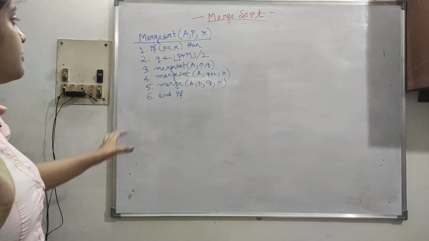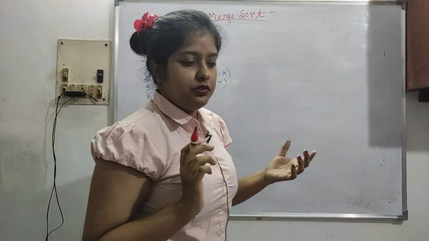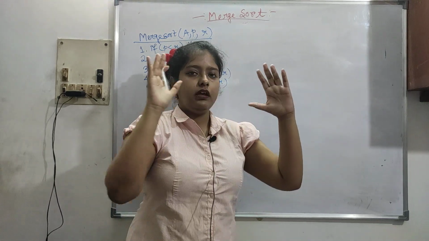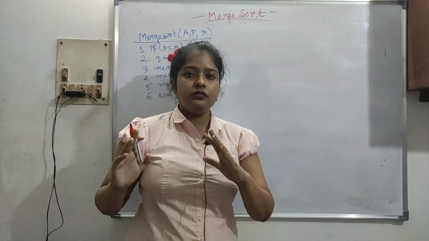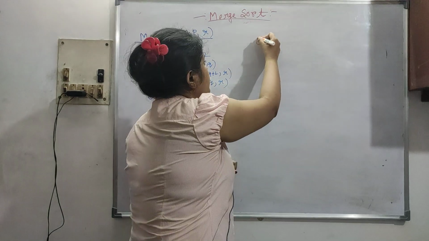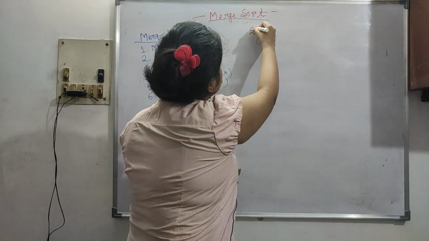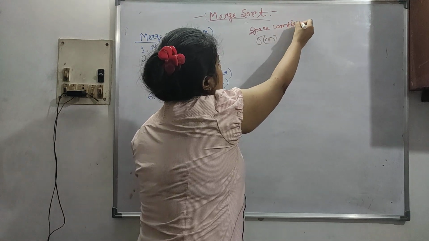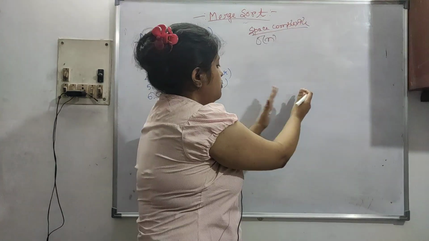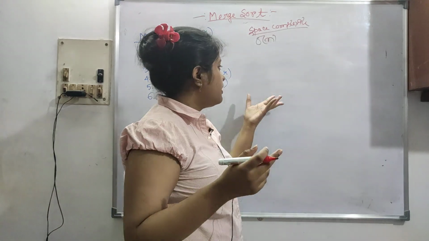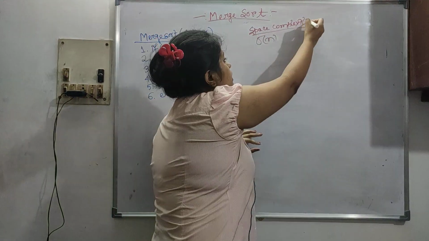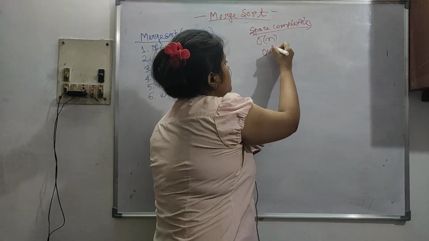So now, the main thing is merge sort. We have done the merge procedure, where we had the list and we are then moving it, so it will take order of n, I mean space complexity. Space complexity will be order of n because we are moving something here. I just rubbed it out and it came to my mind that I haven't spoken about space complexity. So here it is an out of place algorithm.